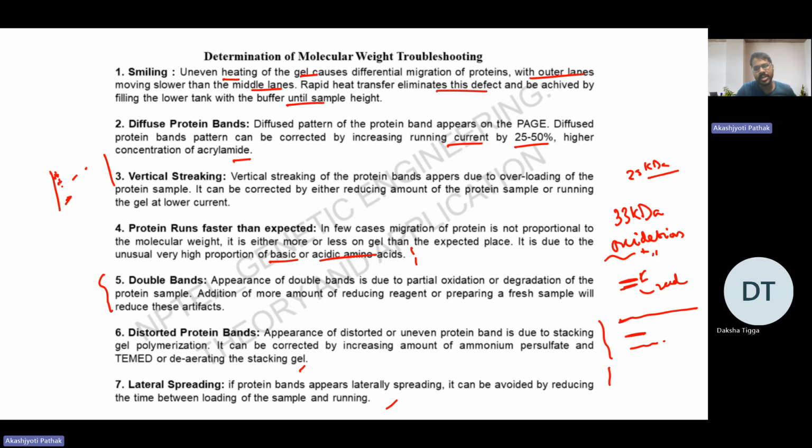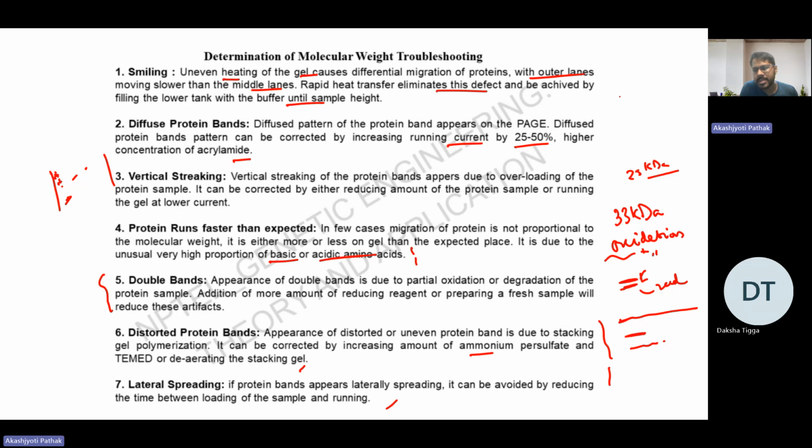Okay, so that is why, once you load the sample, you quickly load the sample and then you switch on the power supply and run the gel. You should not wait between loading the sample and running the gel. The appearance of distorted protein bands or uneven protein is due to stacking gel polymerization. It can be corrected by increasing the amount of